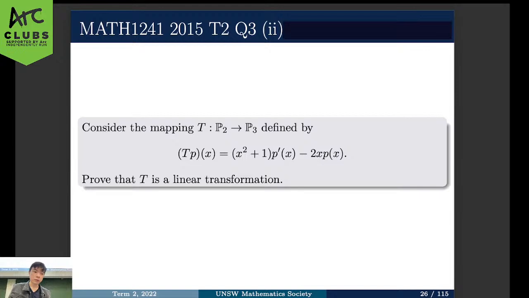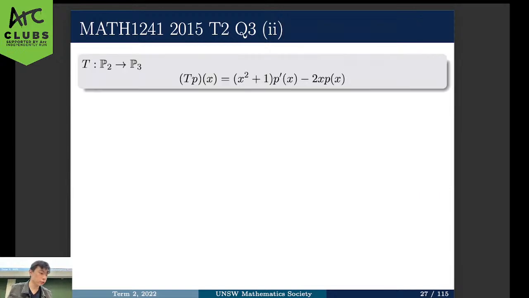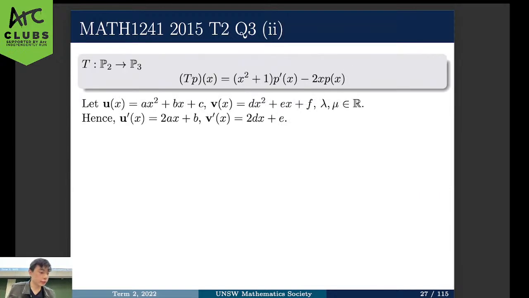So first we have to define two generic input vectors. In this case, our vector space is polynomials of up to power 2, so that's what the 2 means right there. Essentially that's just like all quadratics, right? So we define two generic quadratics,